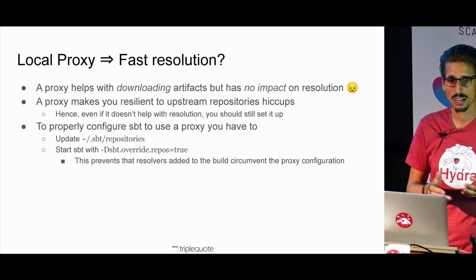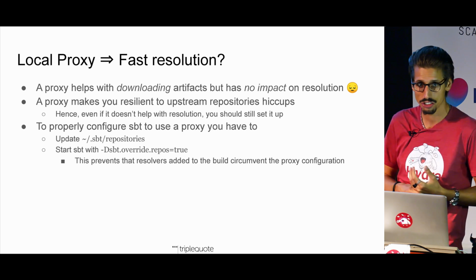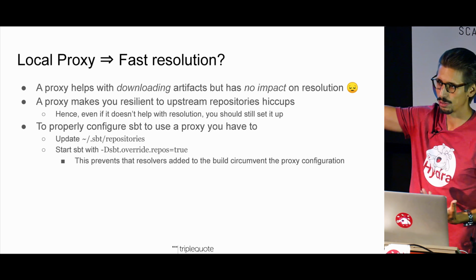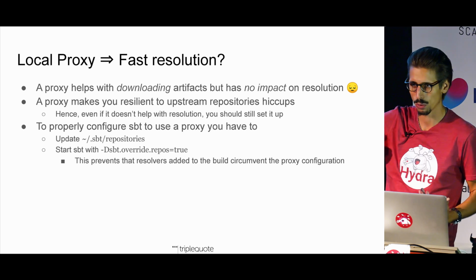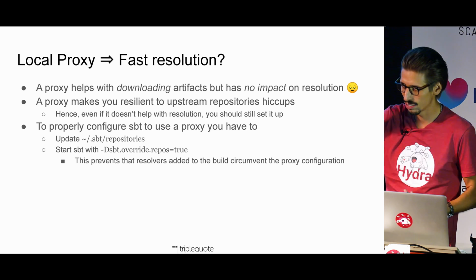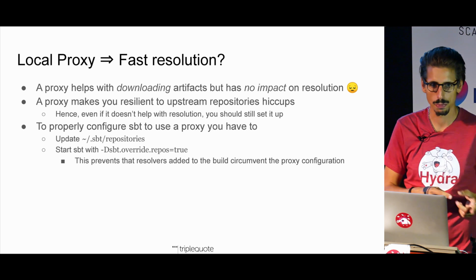I would highly recommend you to run a proxy either on your laptop or within your organization, because it's going to make you resilient to the upstream repositories. If your build has ever failed because of a bad gateway, well, set up a proxy and you'll be good with it. So it still makes a lot of sense to have a proxy, but it will not help you with resolution